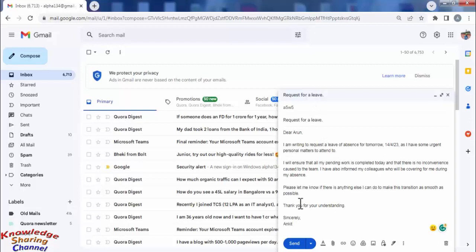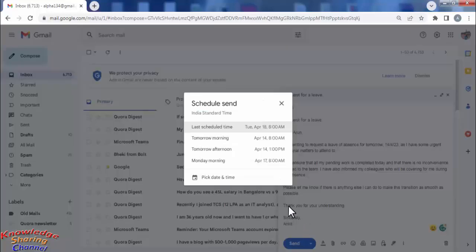Now after composing your email, we normally click on the send button to send the email, but to schedule your email we need to click on this small arrow and here we will find the option to schedule email. Click on it. Now it will show some default options to send your email. You can select any of these,